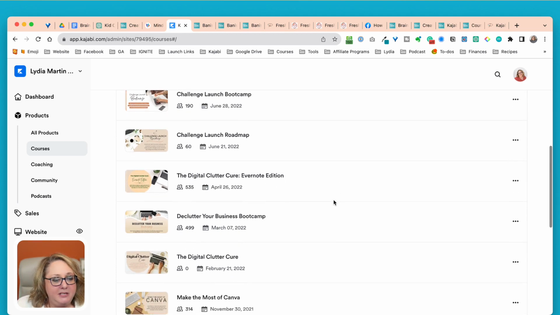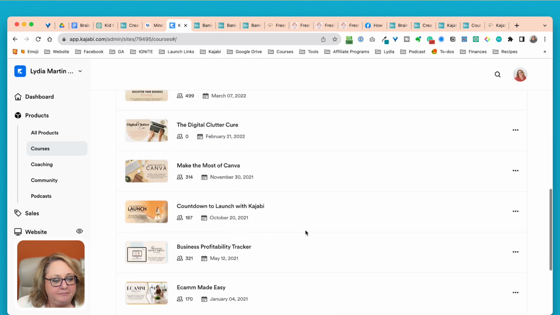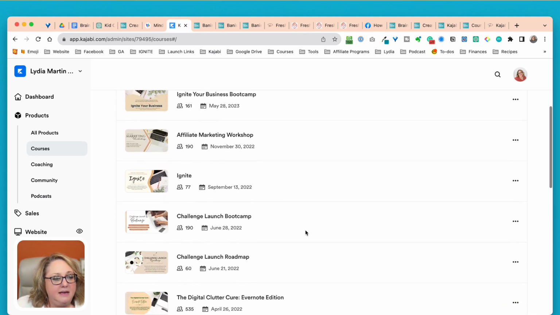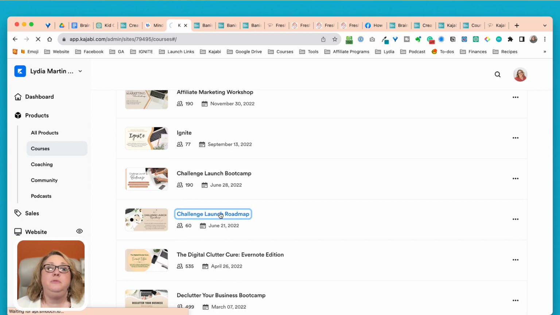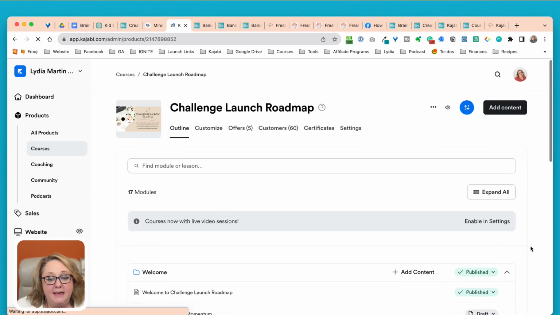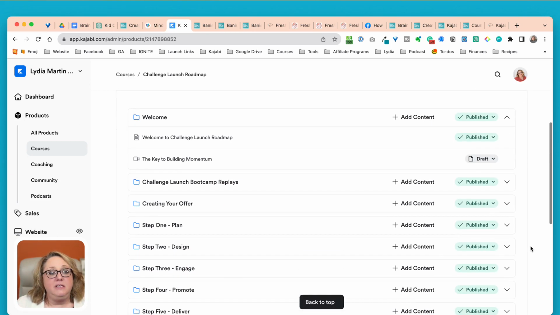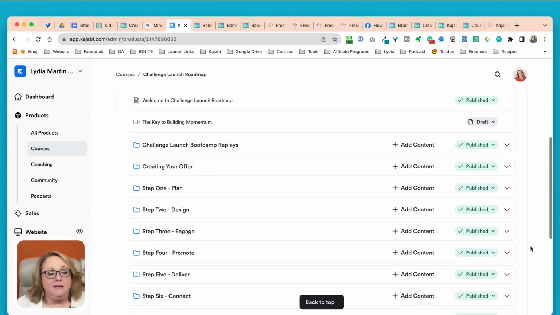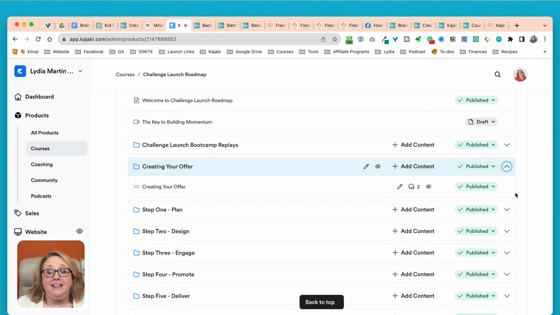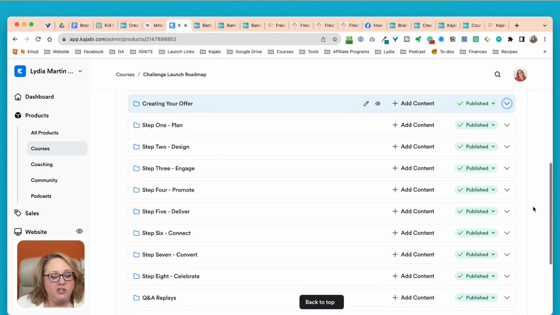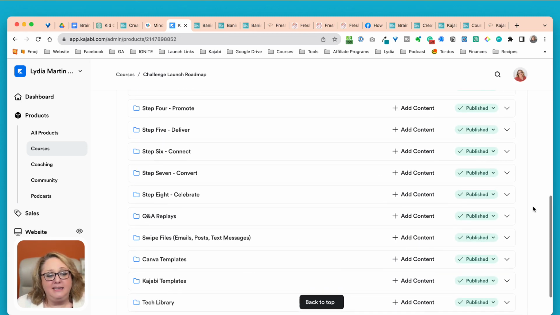So I do want to mention when I show this to you, let me find it. Here it is, Challenge Launch Roadmap. Okay, so this is a signature program, meaning this probably takes my students about 8 to 10 weeks to finish because it's multiple modules with lessons that are about an hour each. There's templates in here, guides in here.